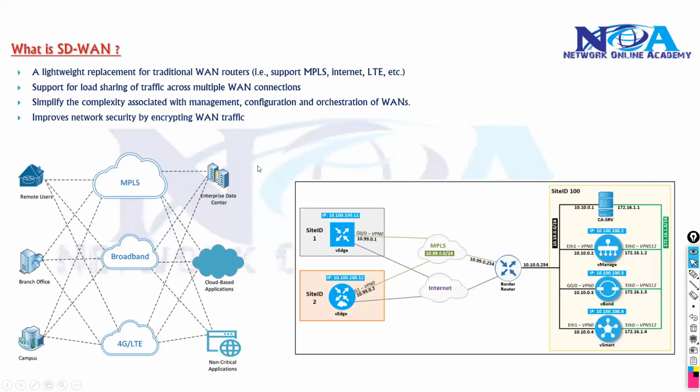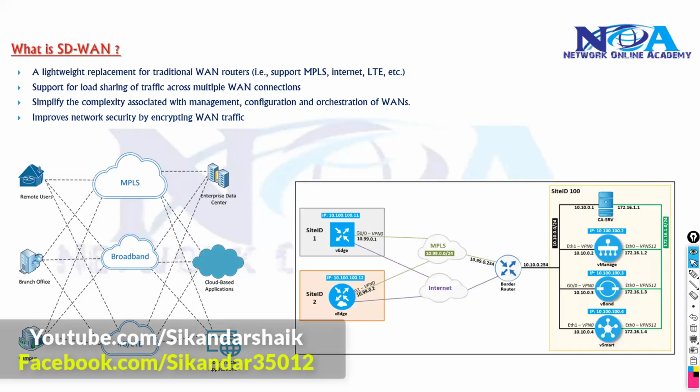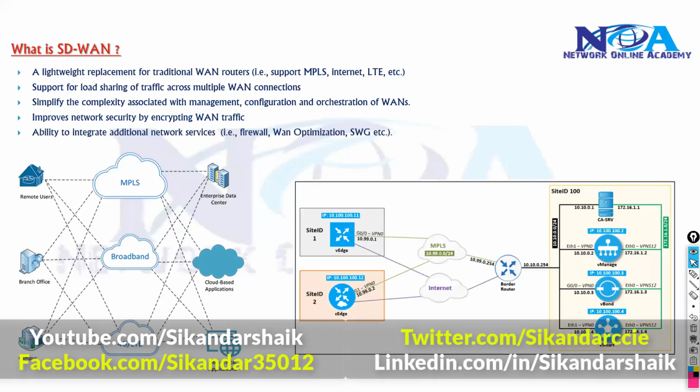It also improves the network security because by default, there is inbuilt encryption, which is going to ensure that your WAN traffic, whether it is going over the internet or over the MPLS, is encrypted. And also it is going to integrate your other services as well, like firewall, WAN optimization,